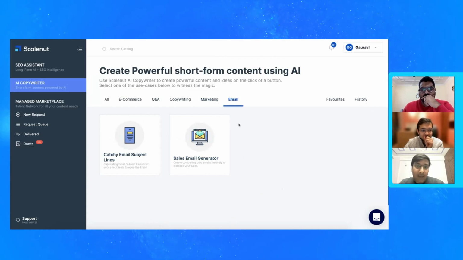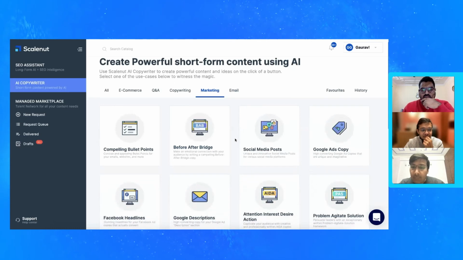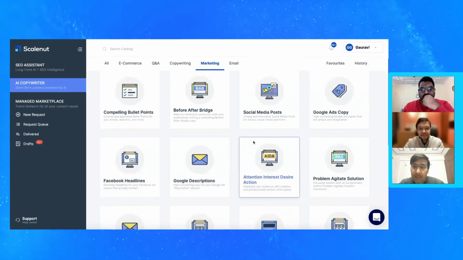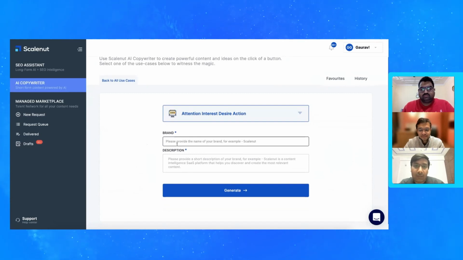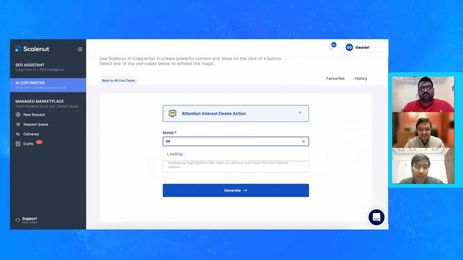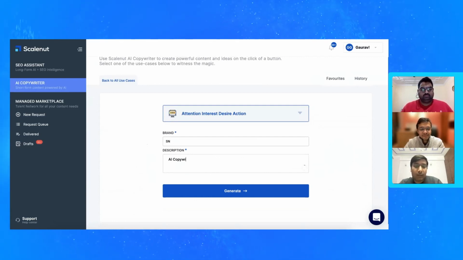Great. I'll run you through one of the use cases here, not taking a lot of time. Let's say I'll run through AIDA. It's one of my favorites. So let's say I put brand as Scalenut and description as AI copywriter and SEO, and then write